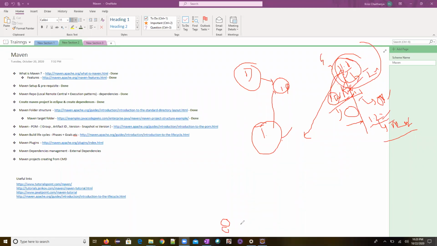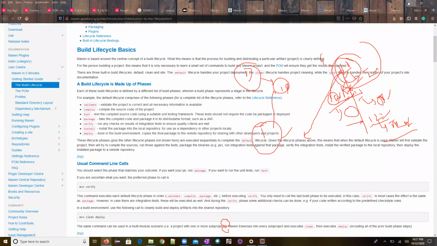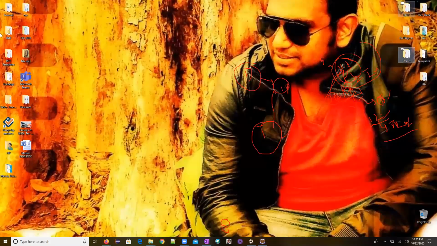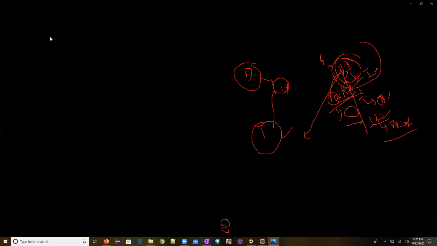Okay, thank you. So this is what the POM file which we wanted to discuss. And we wanted to discuss the plugins and all the things, but we will get into the individual topics, and if you discuss that, it would be very useful and great. Before going to this particular document, I wanted to show you a diagram so that it is much easier for us to understand this.